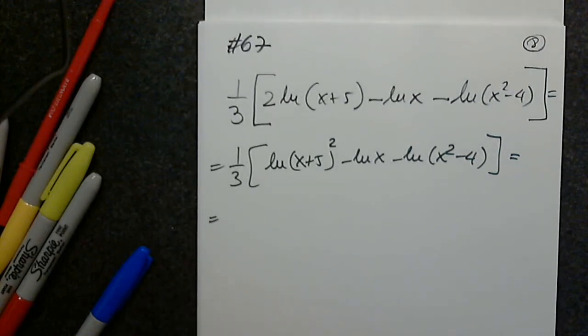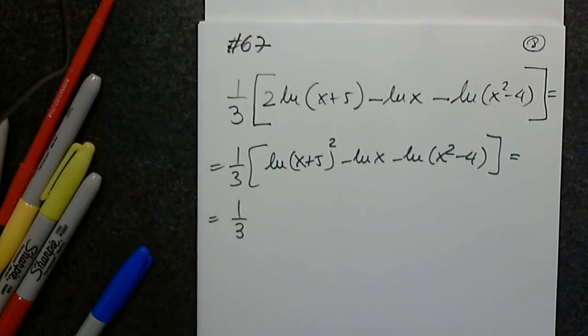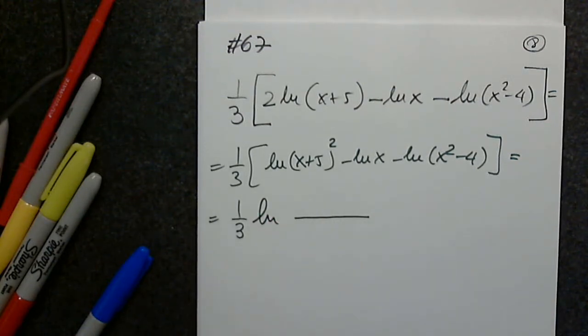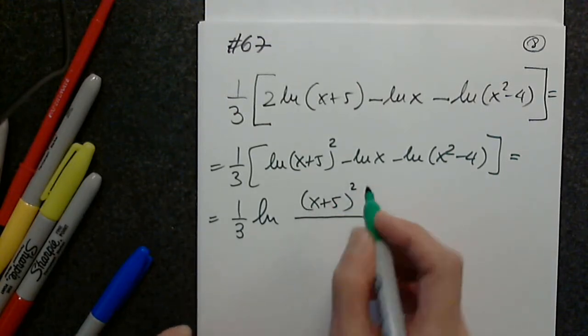Again, leave the number outside waiting. What would you replace the inside by? Careful. Notice that 2 logs have negative in front and 1 log has positive in front. So it will be natural log, and it has to have a fraction line. And the top, squared. At the bottom,